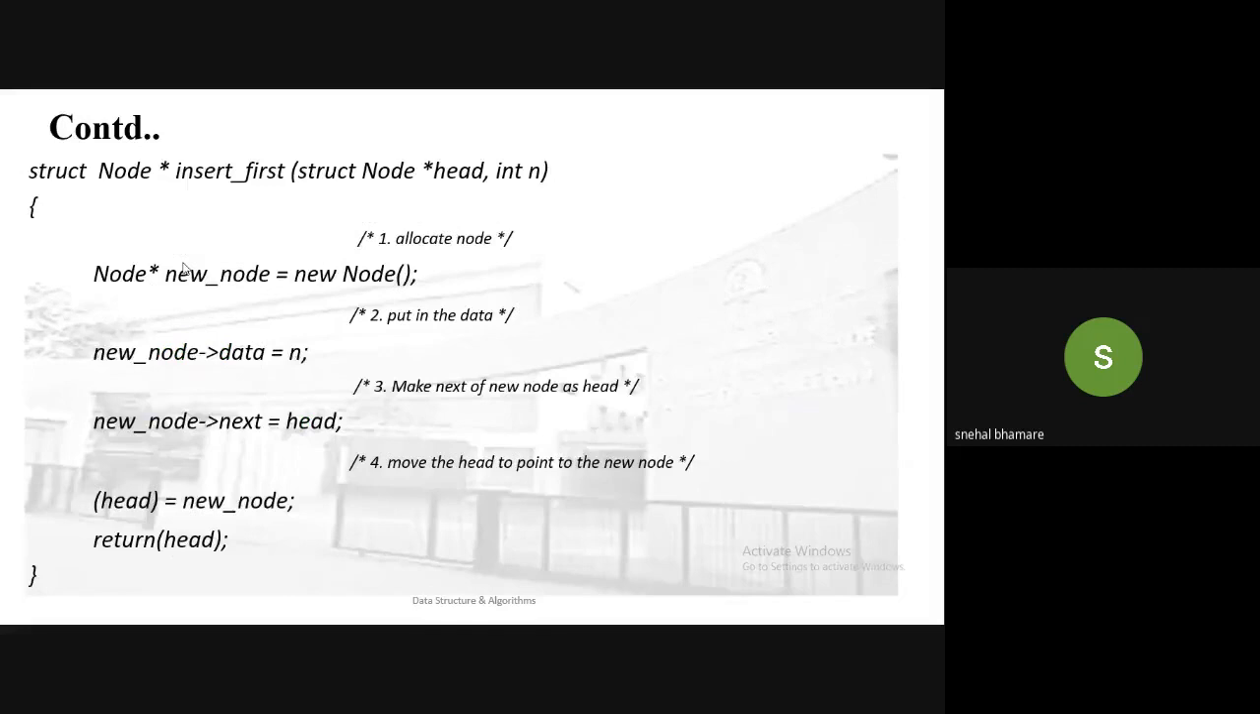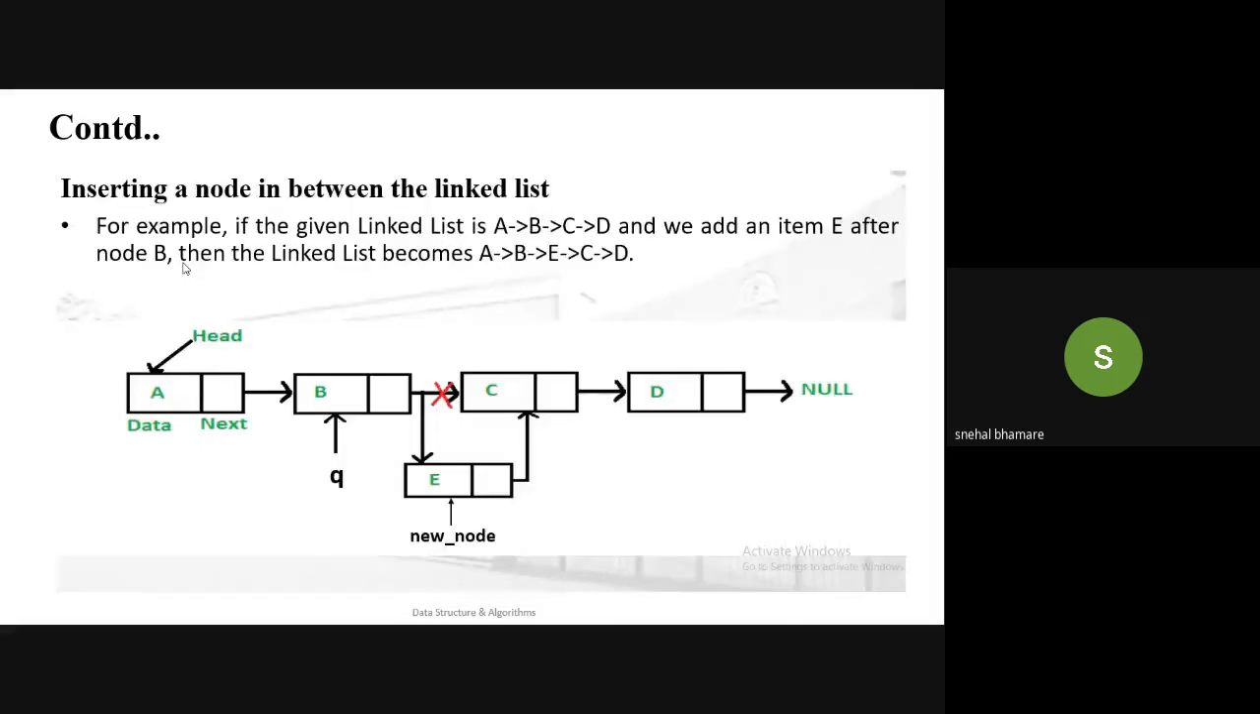Okay, this was the code. We have seen the execution of this code also, right? After that, we will see the second, that is inserting a node in between the linked list. Now suppose you have to insert a new node after node B in the given example. So what you will do, you will take two temporary node pointer variables, one for the new node which is to be inserted, and the second variable will point to the node after which you want to insert the new